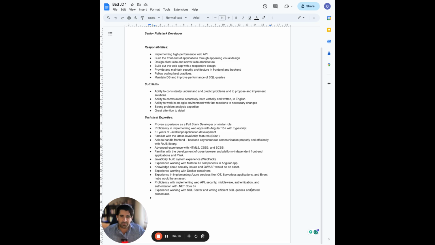The last bit though. The last bit here got me really riled up. Stored procedures, because stored procedures in the modern development practices have fallen out of favor. Even though, yes, they're very efficient because all you're sending is a couple of parameters at a time, and stored procedures were fantastic at a time when we had limited network bandwidth, and so sending the entire query actually took up a lot of network traffic, right? But stored procedures are very difficult to maintain. They're very difficult to reverse, right?